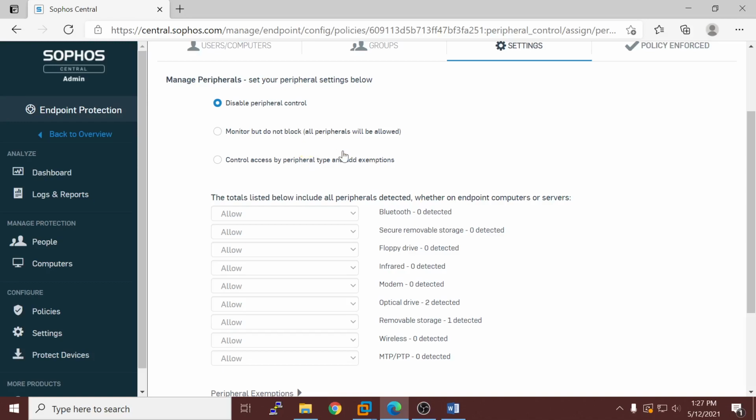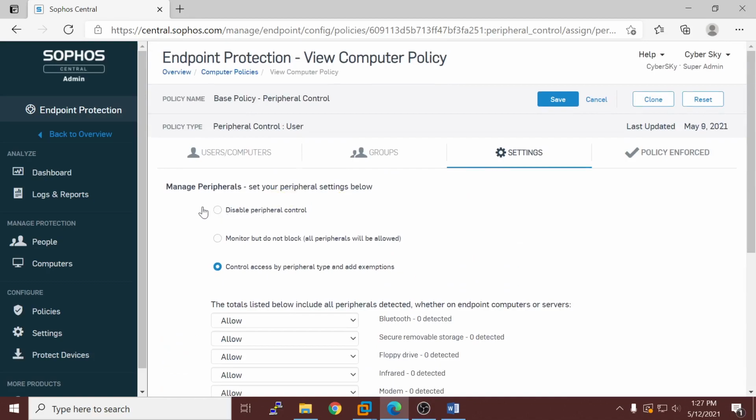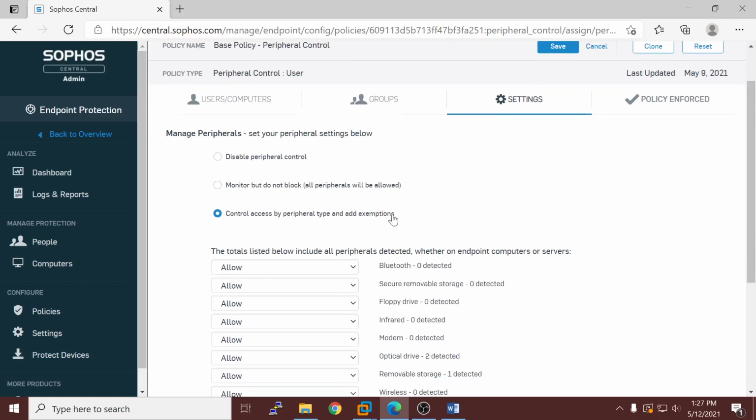And if you want to block, or set read only, then you need to come here, control access by peripheral type and add exceptions. These are the different types available. As I said before, the default behavior is that peripheral control is allowed, which means peripheral control is disabled here, and you can make changes if you want.